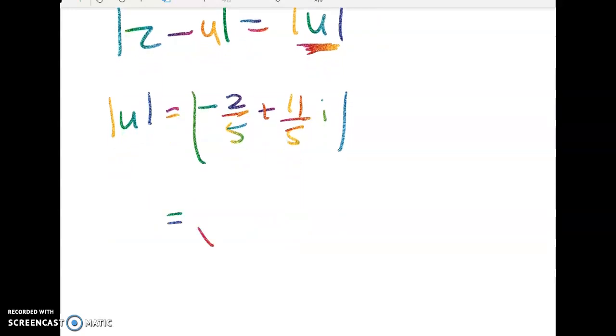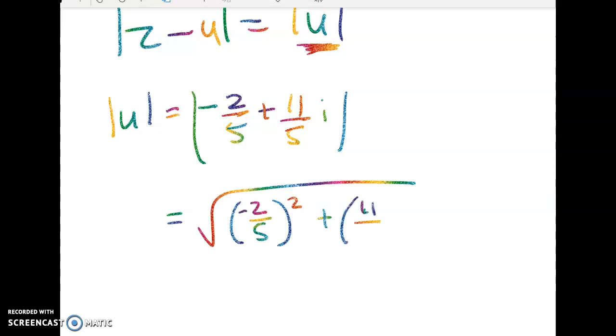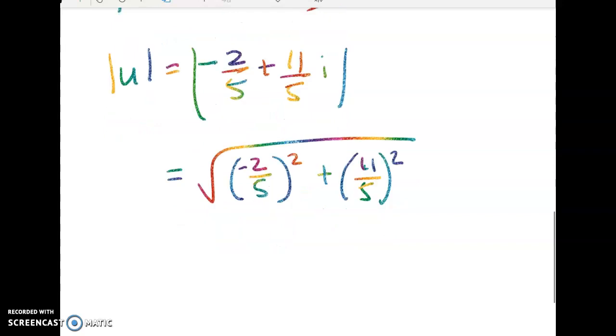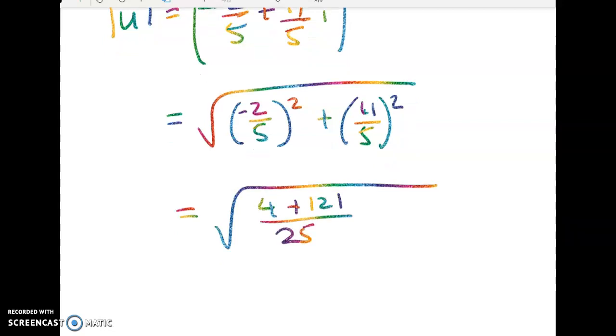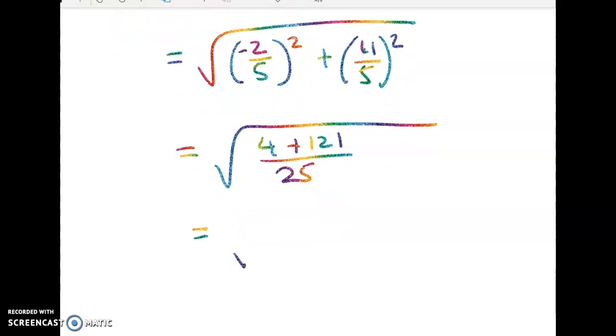So the magnitude of that is going to be negative 2/5 squared plus 11/5 squared, and that works out to 4 over 25 plus 121 over 25. That gives us the square root of,